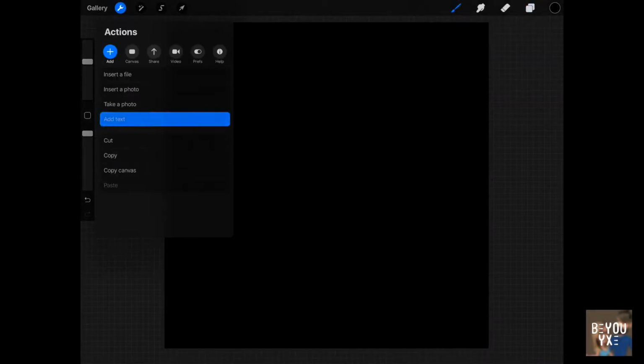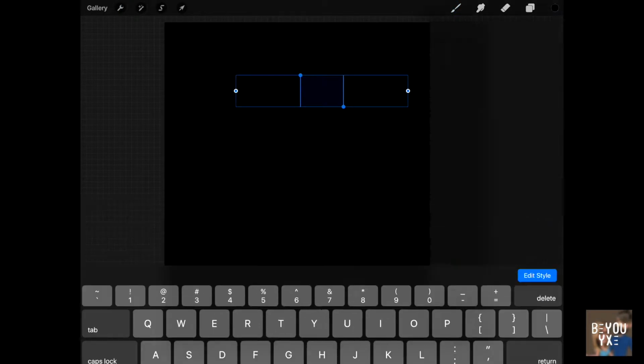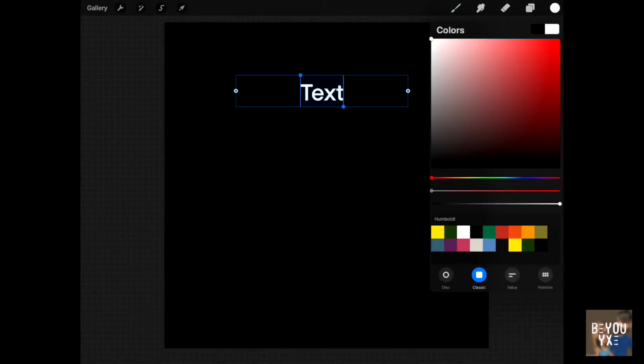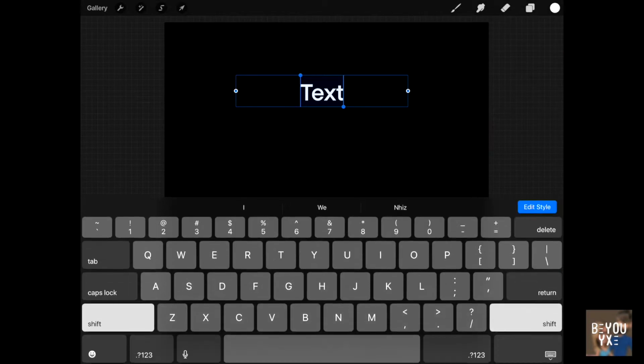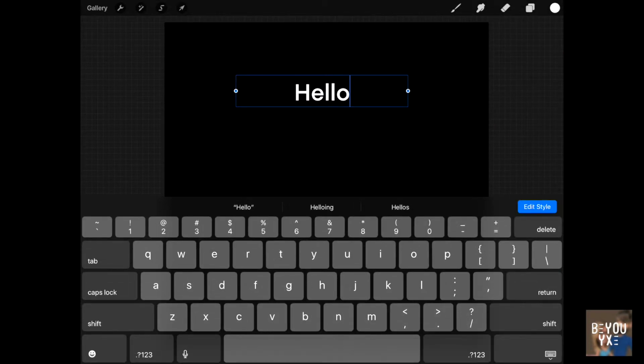document. To add text, we're going to click on Actions, which is the wrench symbol, and then click Add and Add Text. Right away you can see that there's a generic text field that pops up and a keyboard for